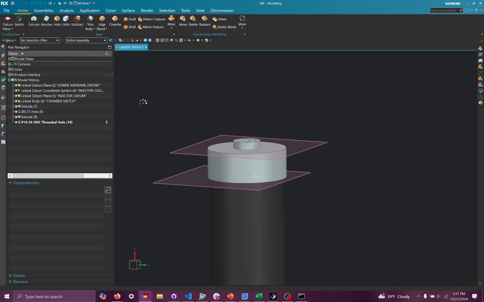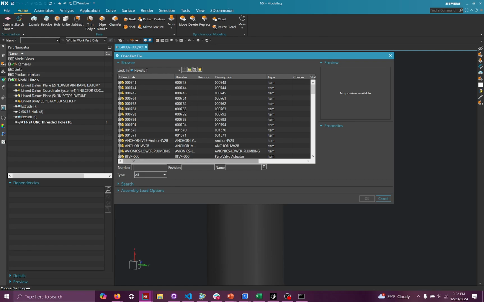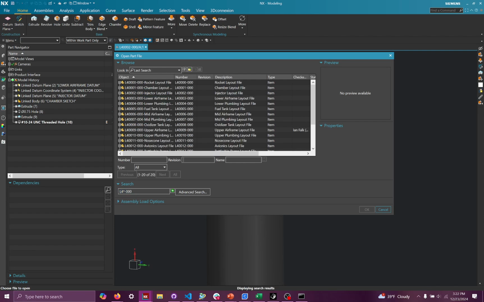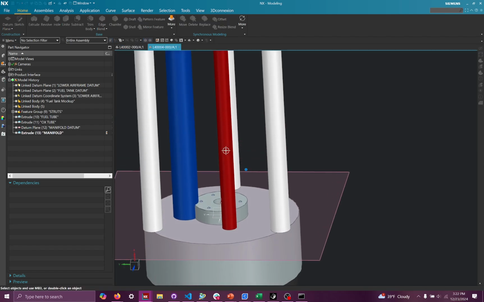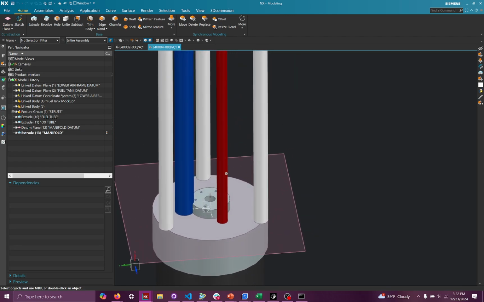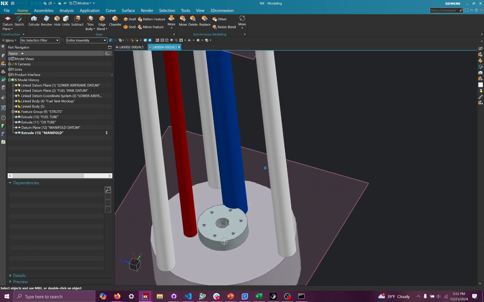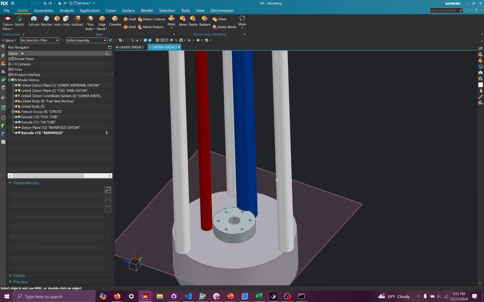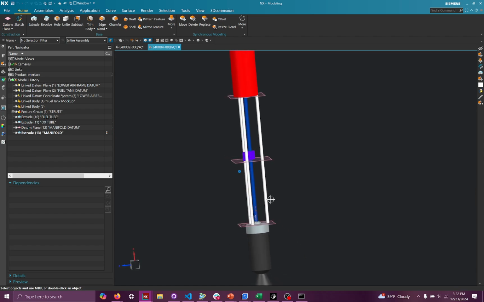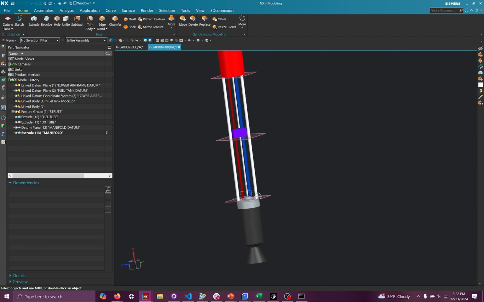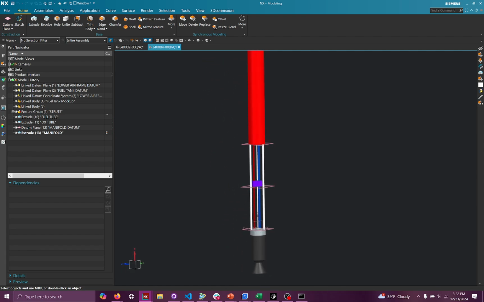I'm going to open up Lower Plumbing stuff. So let's type in L4 asterisk, and then we'll see all the layout files for the rocket. I'll pull up Lower Plumbing's, and there we go. We can see that this interface connection port thing is there. It's actually clipping into this oxidizer tube, so I might end up hiding that, but otherwise we can see the rest of the layout file